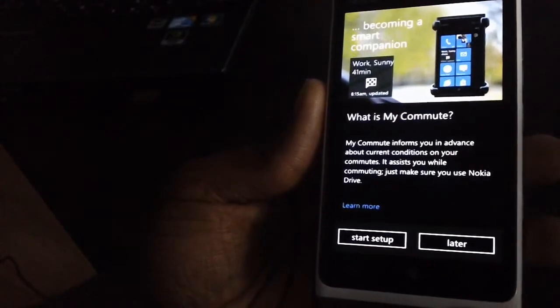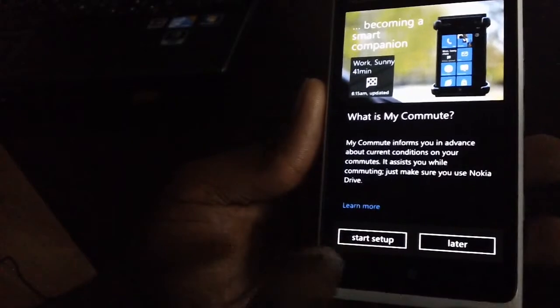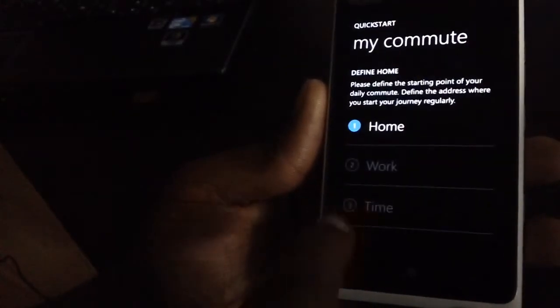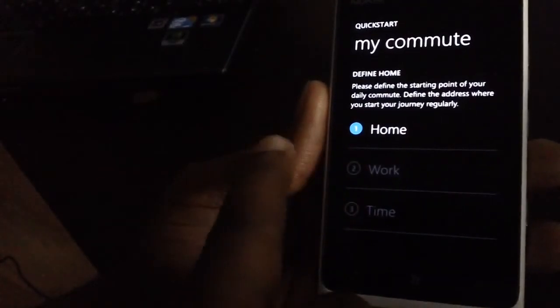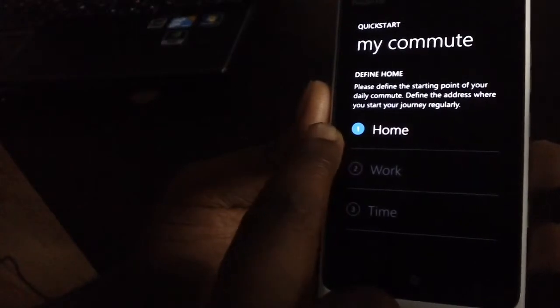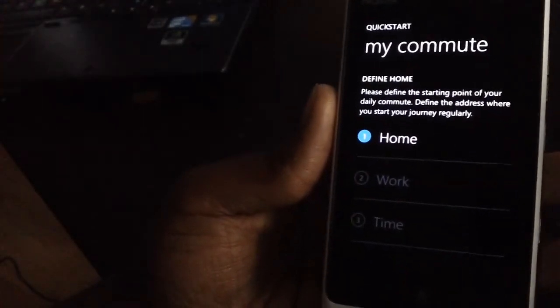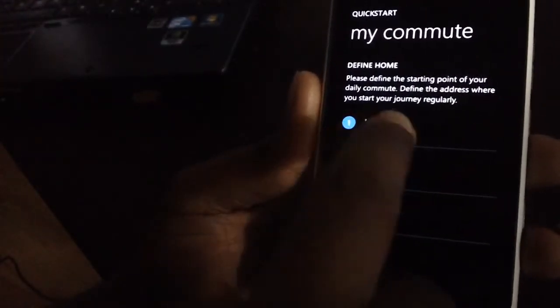So there it is again. So you can do a setup. You can set up your commute. What it asks you for is you need to put in your home address, your work address, and time. So I'm just going to do that quickly. So let's say, for instance, my home address is